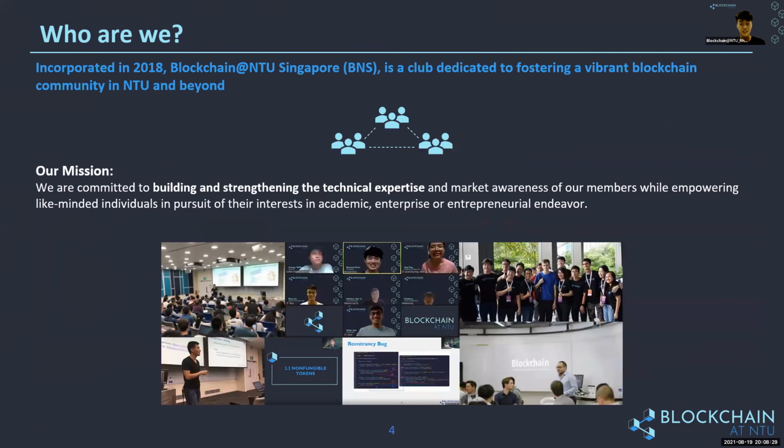So with all that introduction to blockchain, it is time to introduce ourselves as a club. We were officially incorporated back in 2018, dedicated to fostering a vibrant blockchain community in NTU and beyond. At our core,